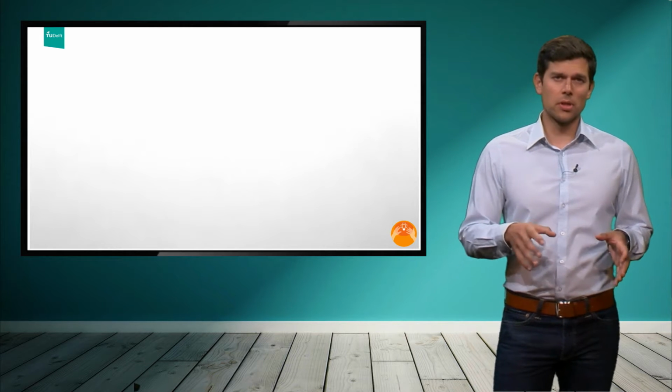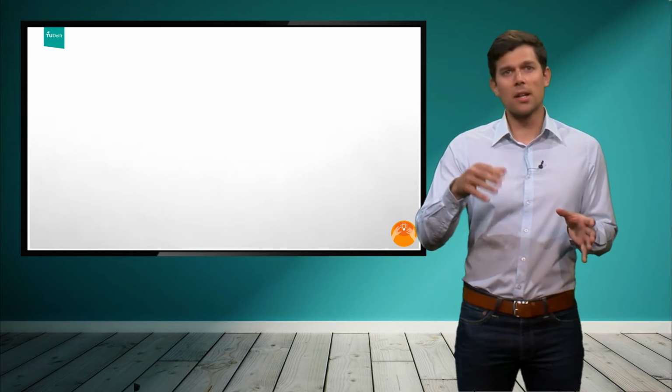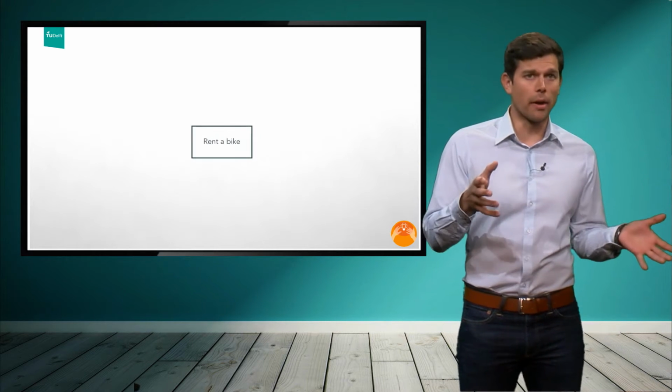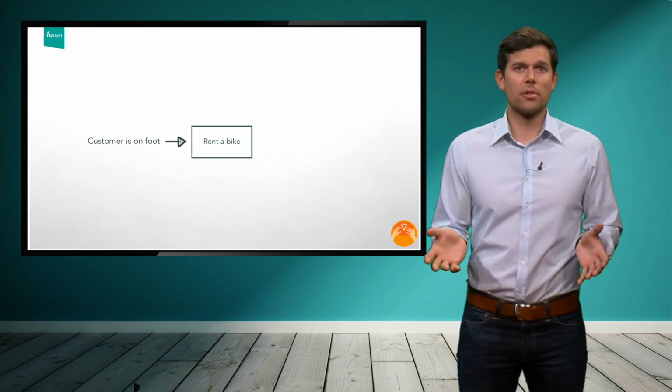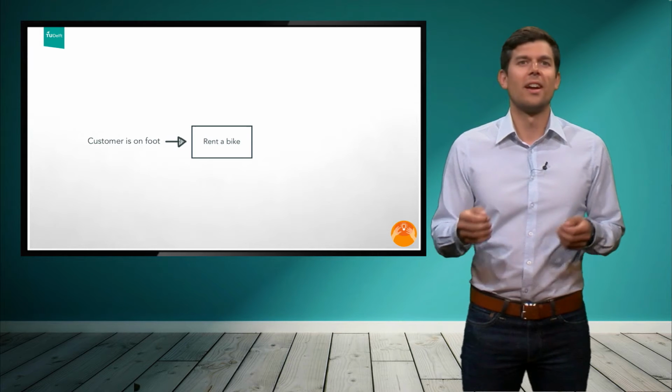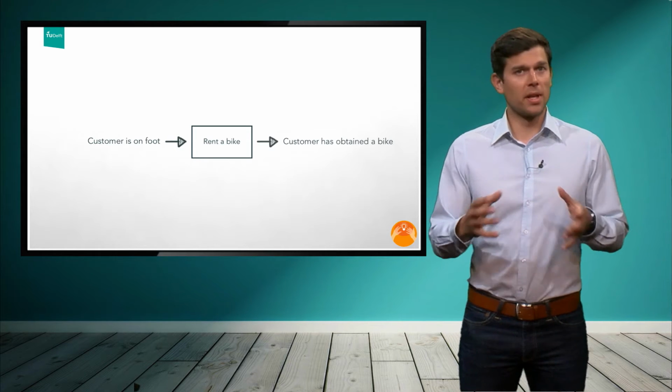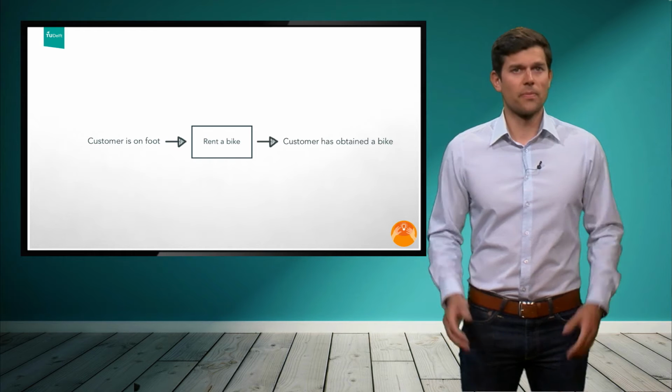As a vantage point, you can use your main use case as a first box. In the example from last week, this was to rent a bike. Then we determine the overall state change associated with this very use case. As a start, you can simply say that the customer is on foot and wants to have a bike. At the end of this particular scenario, he or she should then hopefully have obtained the bike. At the beginning, it's really as simple as that.